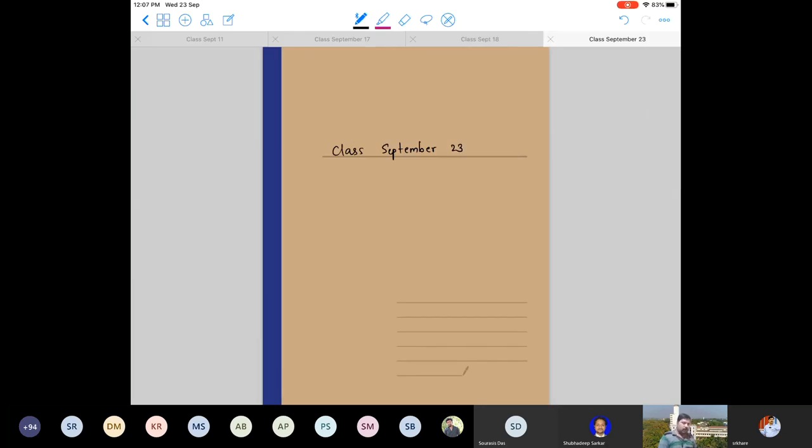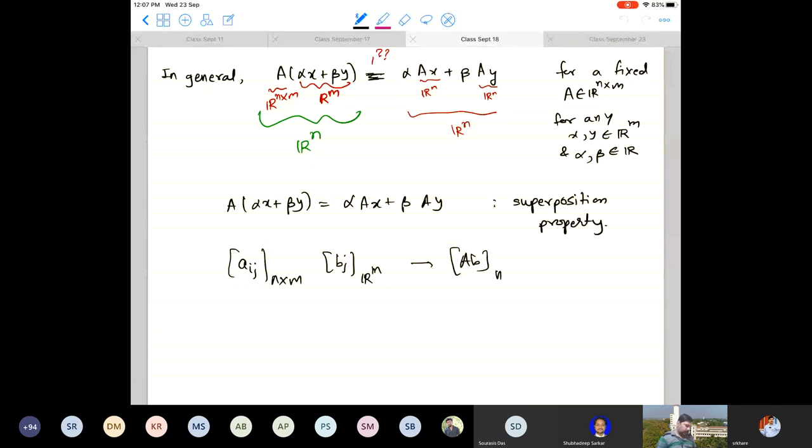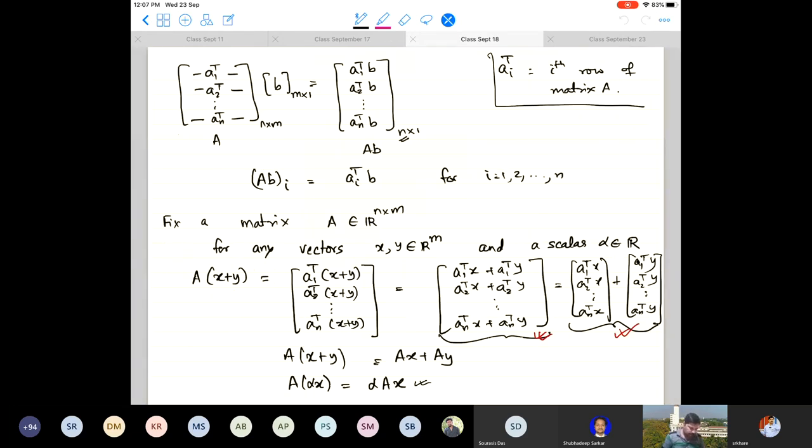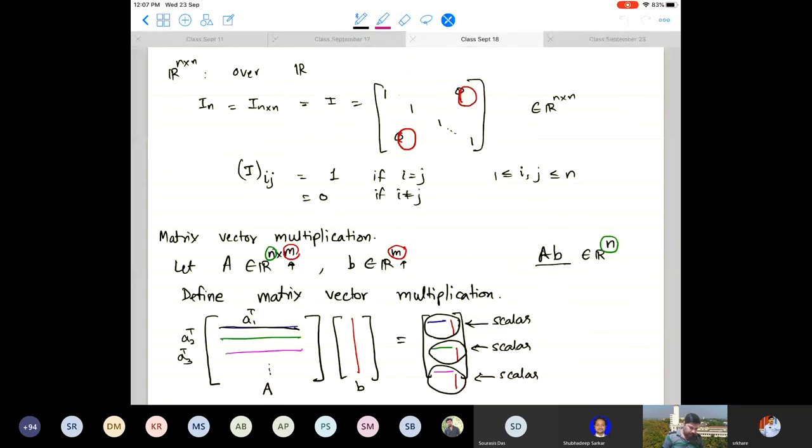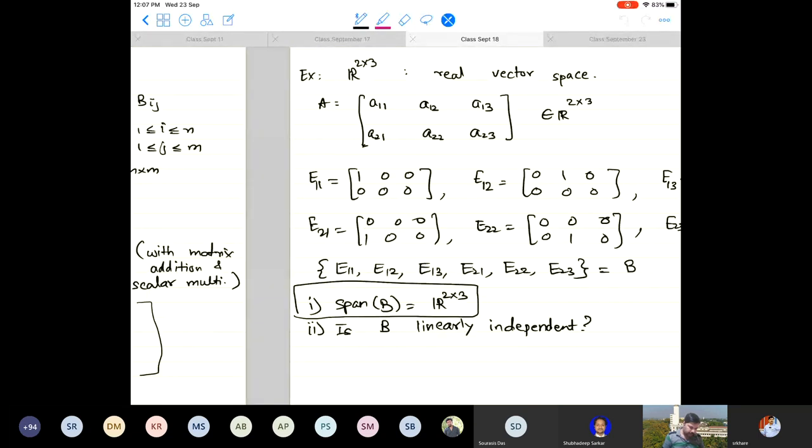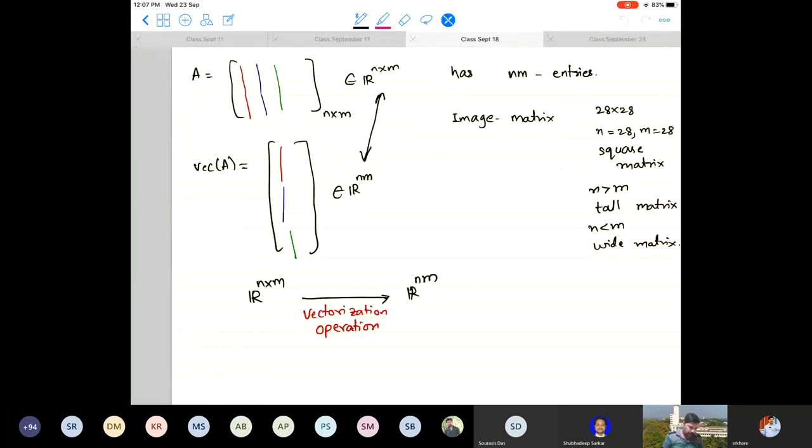Okay, so you are able to see my screen, and this is what we had done in the last class. So let me just quickly go through it. What we had done is we had introduced matrices, and